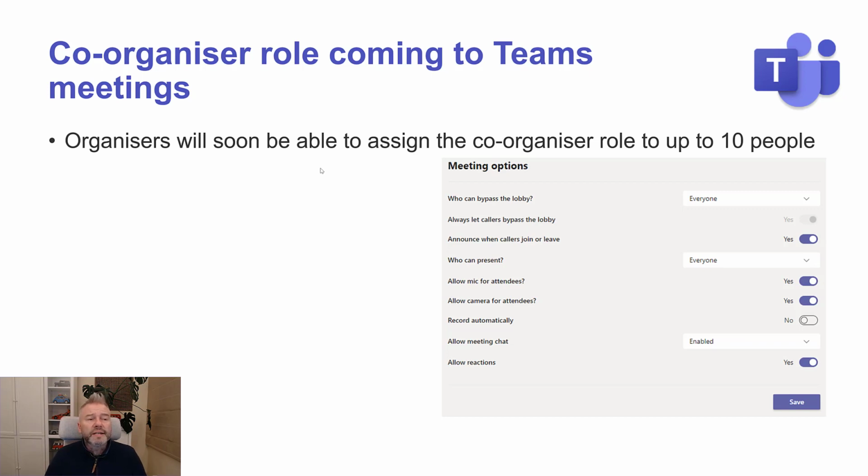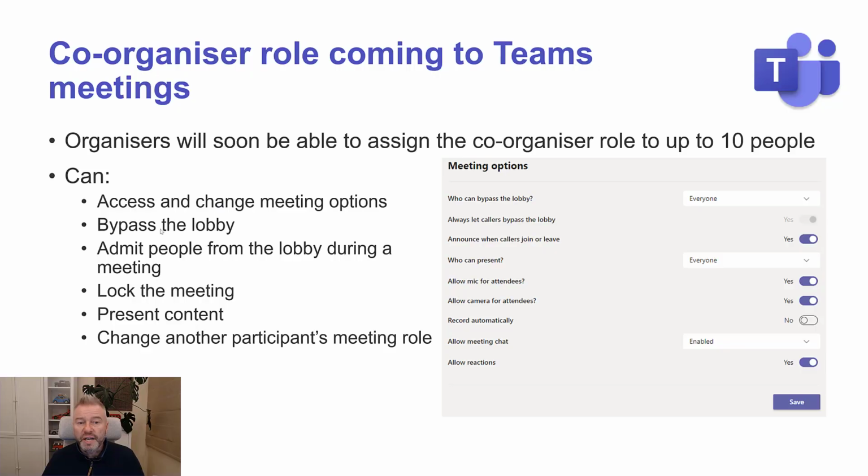Now, this is going to be awesome. This is the co-organiser role in Teams meetings. This is so popular. Picture a colleague who, just before Christmas, was helping someone with a whole set of meetings running at a very similar time, and there was a problem with people getting into a meeting. The other person had organised them, but unfortunately she was also presenting. So when my colleague was trying to support her, she couldn't get to her because she was presenting. Now, imagine if she'd been made one of the 10 available co-organisers, then she could have just taken care of this. So you can make up to 10 people